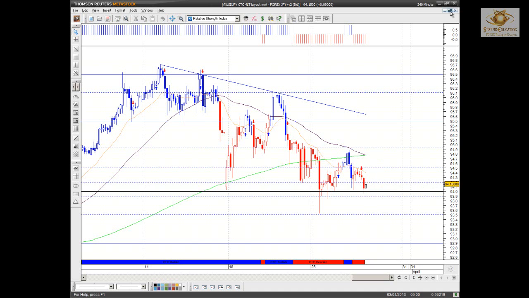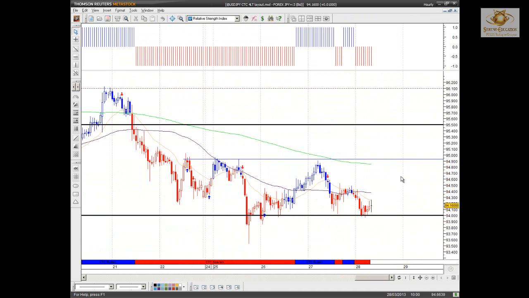So at the moment the 4 hour is at support, the hourly at support as well. So we're going to have to be very, very patient. Be very, very patient here. Wait for the signals to present themselves and then take that on board, and then we move with it. So US dollar Japanese yen, no trade as such until we get either a bearish or bullish engulfing candle,